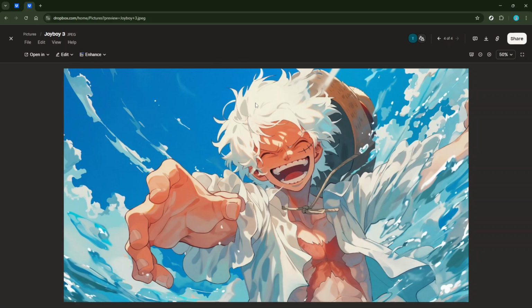As you make your edits, one of the great conveniences of Dropbox is that all changes sync automatically. This means everyone who has access to the document will see the updates in real time. You don't need to worry about saving changes repeatedly or notifying collaborators because Dropbox handles all that in the background. It's a useful feature that keeps everyone on the same page and minimizes confusion.